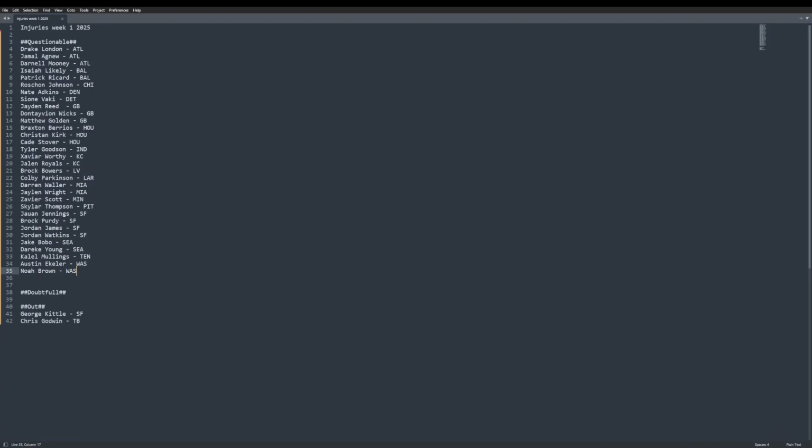If there's anything on this list that you're concerned about, or if you own them, then I would consider looking at something else to back them up just in case you needed it. Many of these are just smaller injuries that are expected to play next week, but not all of them are. Go look up your own player if they end up on this list. I want to also note that there's significantly more injuries than are listed here, but this was the entire skill player list that I managed to grab.